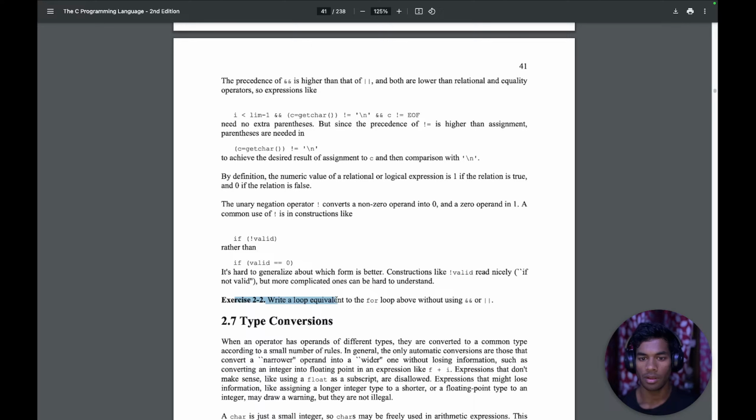Write a loop equivalent to the for loop above without using && or ||. Hmm, I can write multiple loops, right? The thing is that I will have to check this condition, this condition, and then this condition, and only move on if all of these are true. So for that, I can make a separate